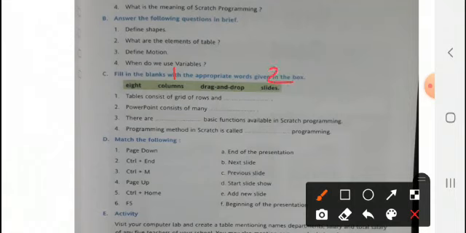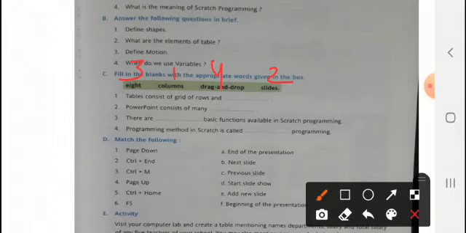There are dash basic functions available in Scratch programming. How many? 8. In our last chapter we have studied about it, and programming method in Scratch is called dash programming, drag and drop. Okay? So 3, 1, 4, 2 is your correct answer.